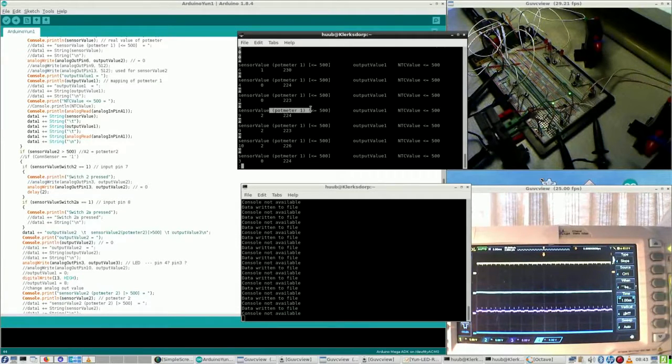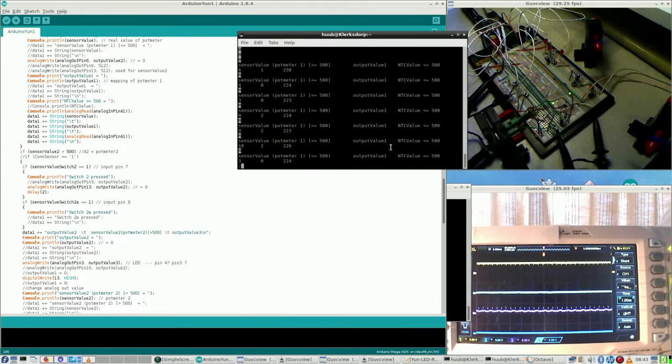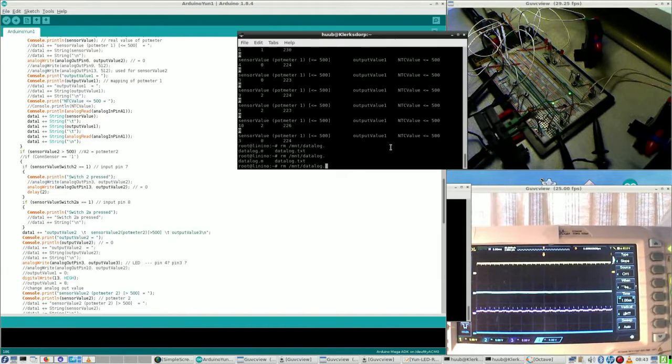See, and this is the problem. This will never be accepted by Octave, all the spaces. So let me quit viewing, remove both data log files,